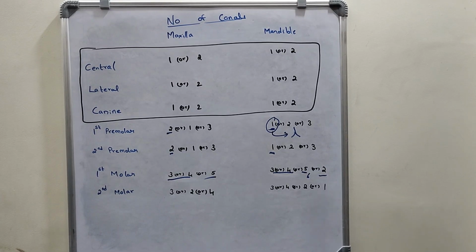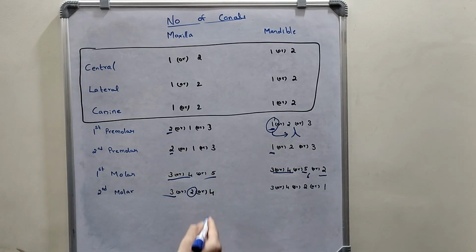Now coming to the second molars. In second molars again, your uppers will most commonly have 3 canals. There will be mesiobuccal, distobuccal and the palatal. Or in some cases there might only be two canals, which will be your buccal canal and the palatal canal, or in some cases there might also be four canals, which will be your mesiobuccal 1, mesiobuccal 2, distobuccal and